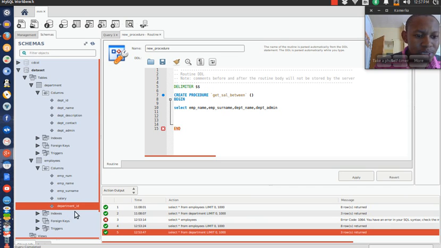So we're gonna use this key as a referential key for us to get the employees where the department IDs are actually equal. So we're gonna say from